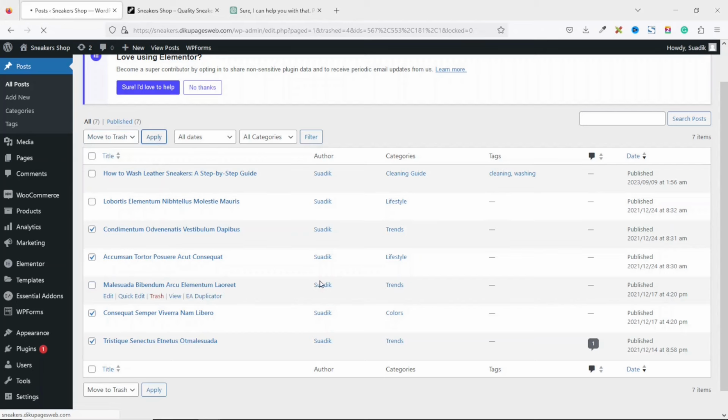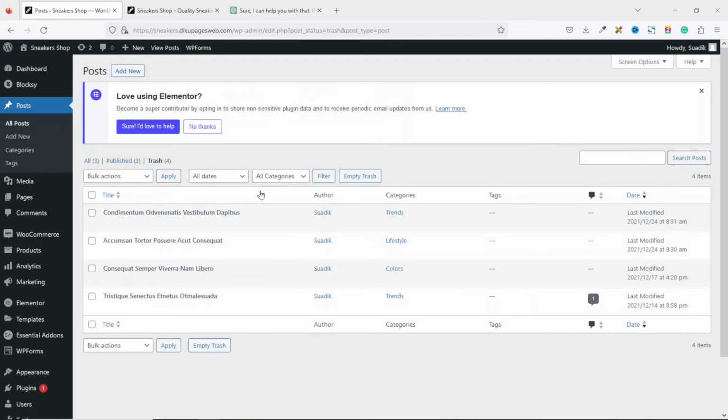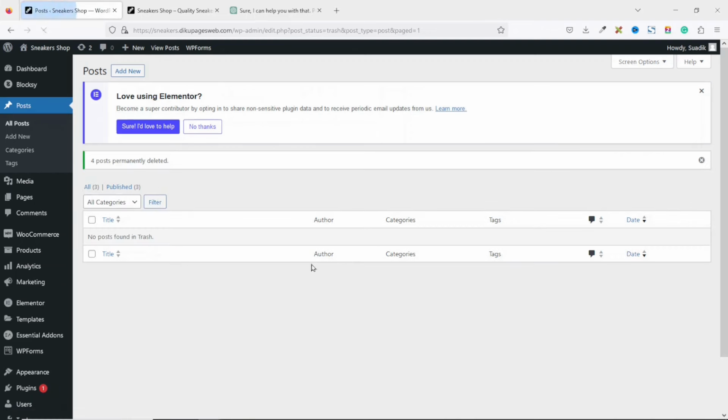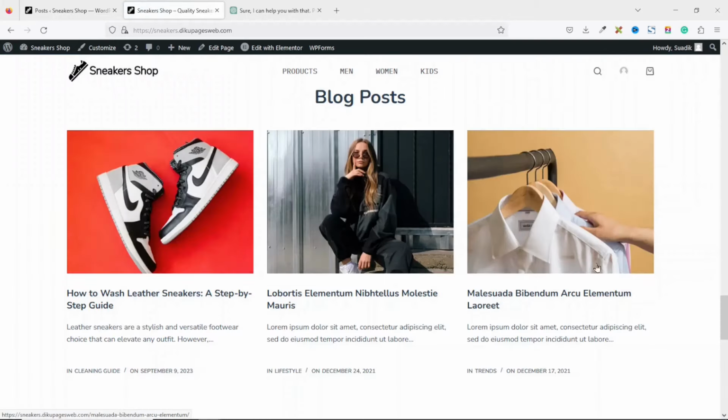apply. It should be noted that in your case, you'll be deleting all the dummy blog posts so that you leave only 3 or whatever number you want to use ChatGPT to generate now. You can also go to the trash and empty the trash. Perfect. So that's it on how we can add blog posts onto our website and also do some additional customizations